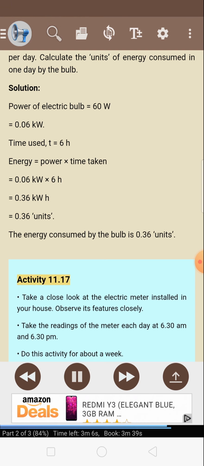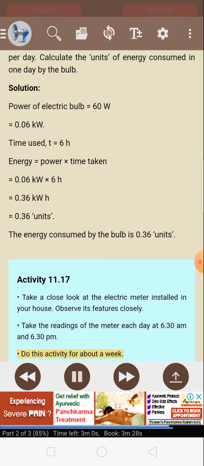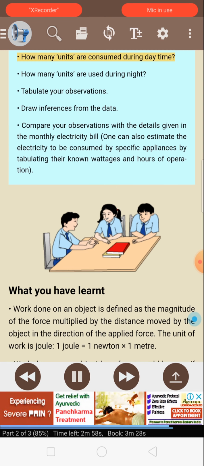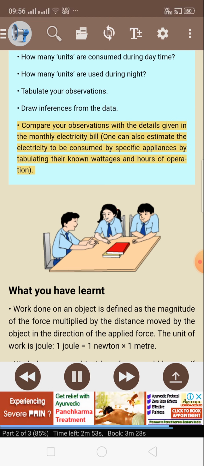Activity 11.17. Take a close look at the electric meter installed in your house. Observe its features closely. Take the readings of the meter each day at 6:30 a.m. and 6:30 p.m. Do this activity for about a week. How many units are consumed during daytime? How many units are used during night? Tabulate your observations. Draw inferences from the data. Compare your observations with the details given in the monthly electricity bill. One can also estimate the electricity to be consumed by specific appliances by tabulating their known wattages and hours of